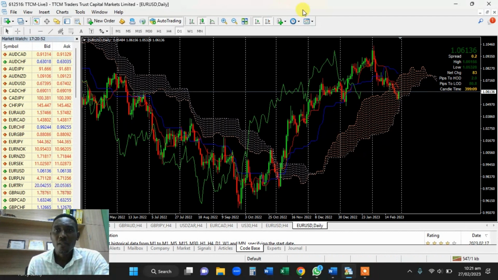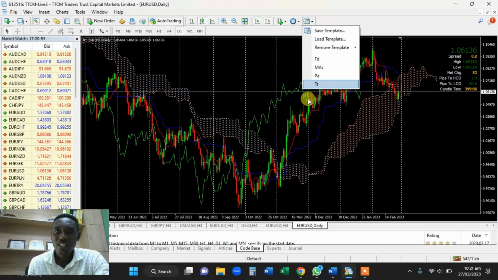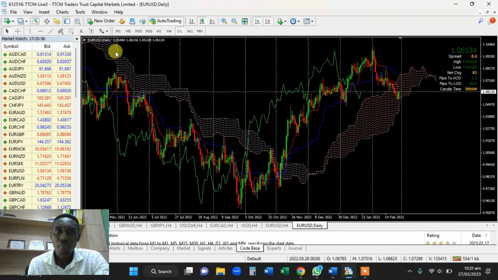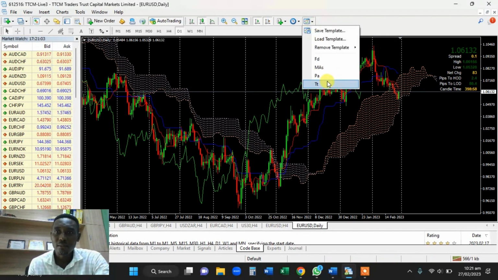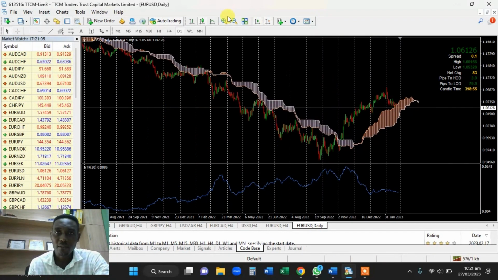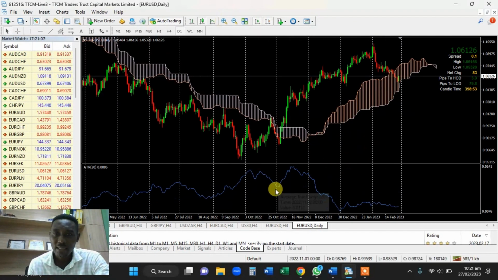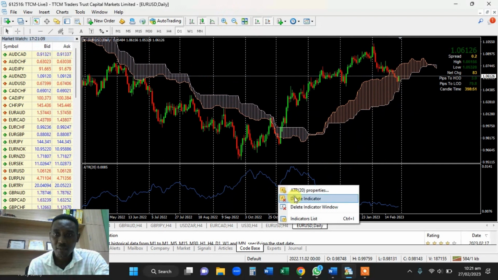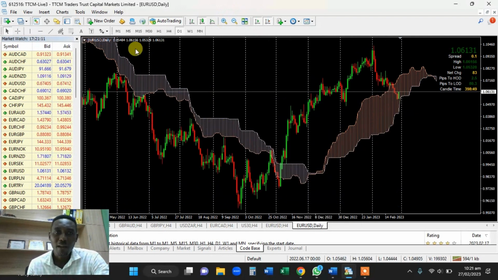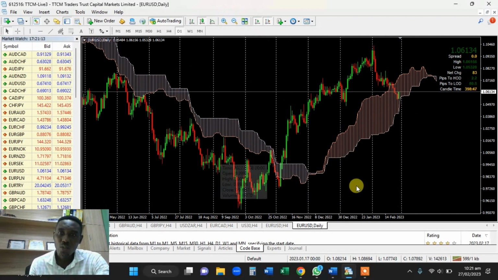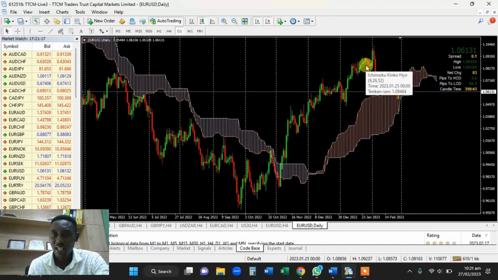So I'm starting by just looking at the cloud composition. I'm going to take away the 3 other lines because we'll come to that later. So boom. All right, this is what we have. I have taken away the lines. Let me remove this indicator from the bottom. So this is what we have. We have just the kumo, which is called the cloud. Price goes below the cloud, and it also goes above the cloud.